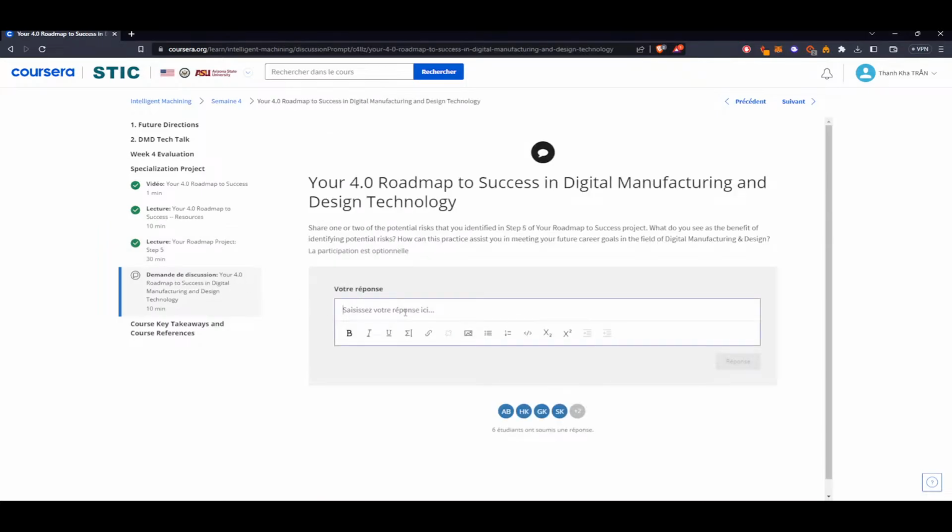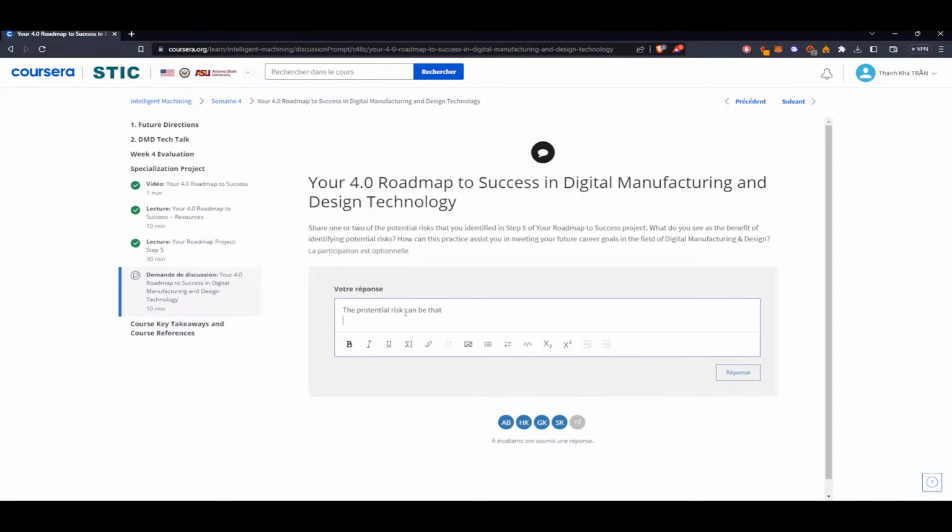One or two potential risks that you identify. How much is the sample shape? Potential, which can be done. Then what do you see at the benefit?